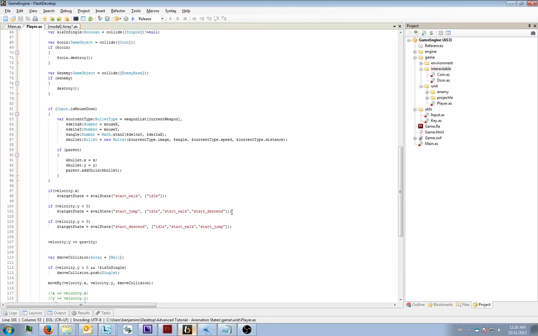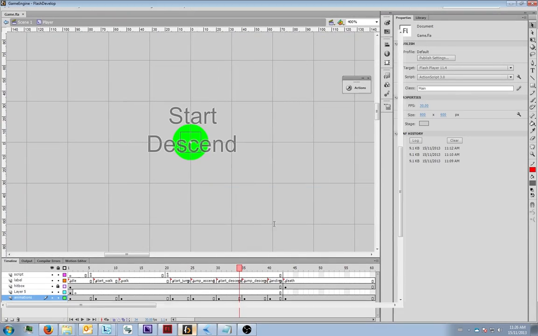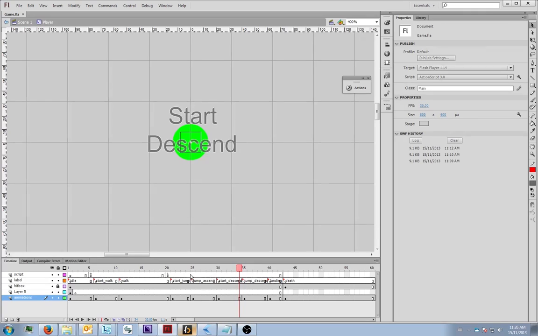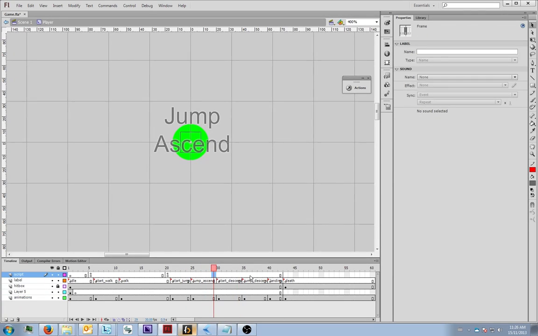It doesn't really matter because you can't really fall. You'll fall back into the descend state. So they kind of play with each other, ascend and descend. And I think that's pretty much it. So landing is a little interesting, but let's see if we get all these other states right. So start jump. So we go to jump ascend, and if we hit F7 on that, hit F9,